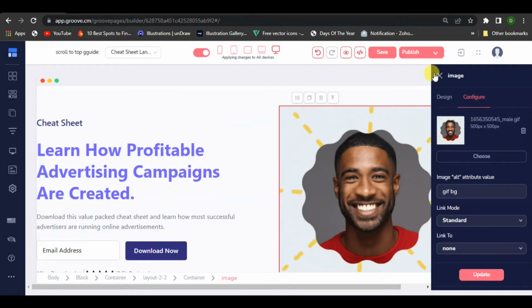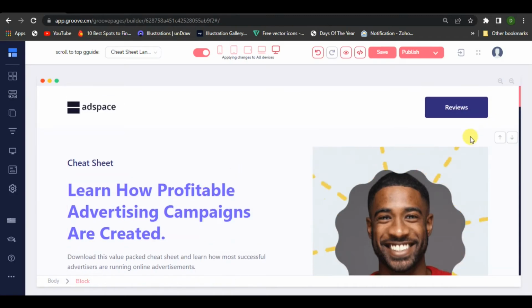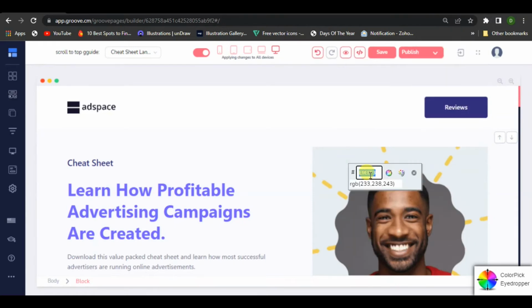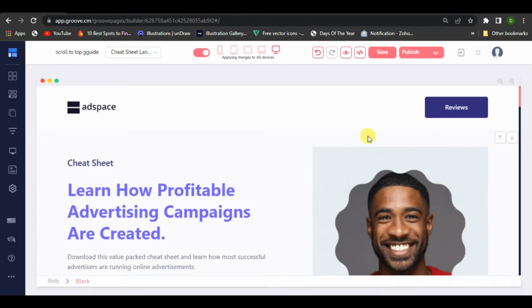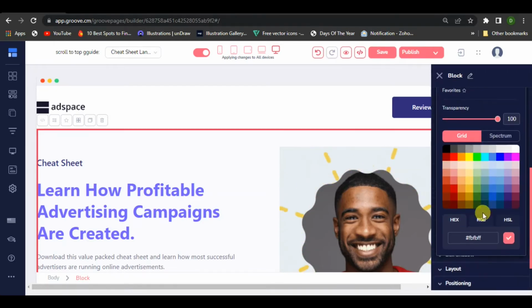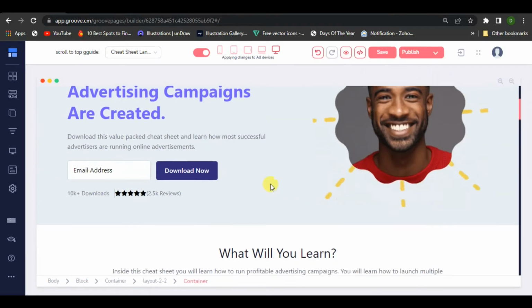Okay, it's on, then just select that, upload, and that's it. Just to make this whole background match what we have here, I'm just going to take this, copy, close, come to the block background, and paste it here, and that's it.